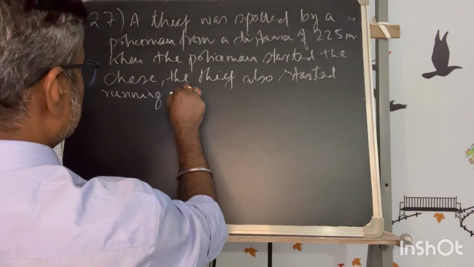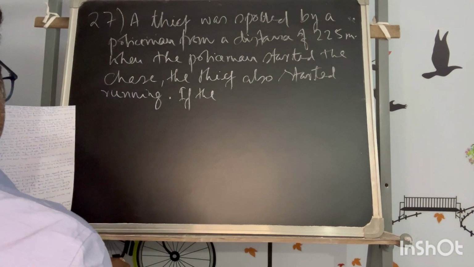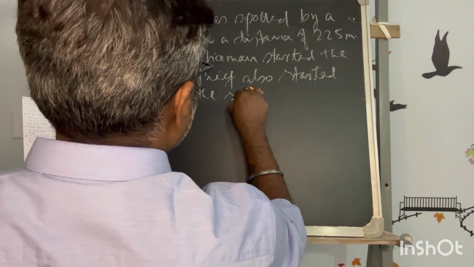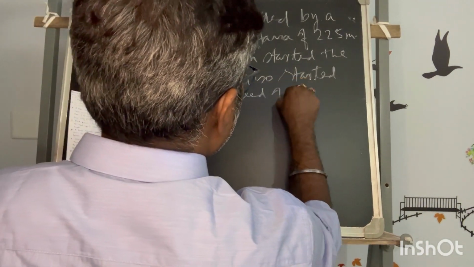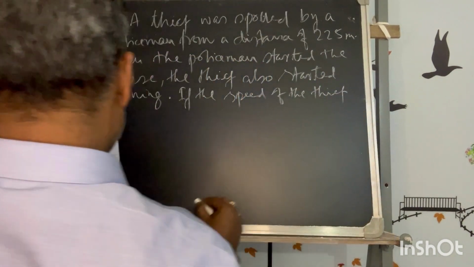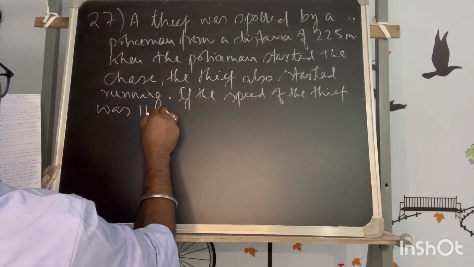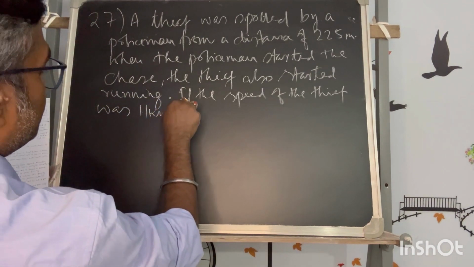If the speed of the thief was 11 kilometer per hour